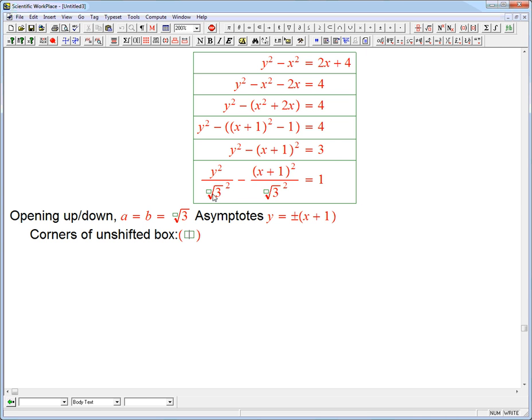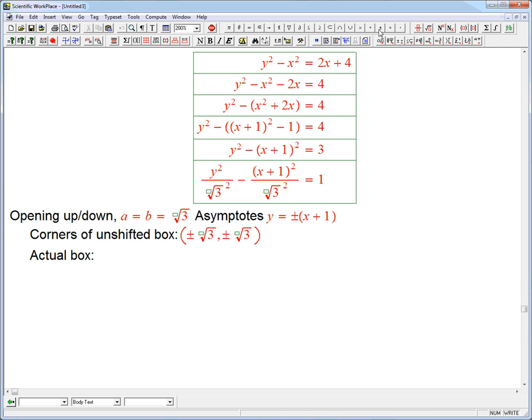We couldn't screw it up, even if we got those mixed up. But when you're doing the box, it's less about the letters and more about which variable it is under. So that would be just the 4 points plus or minus root 3 and plus or minus root 3. And so the actual box